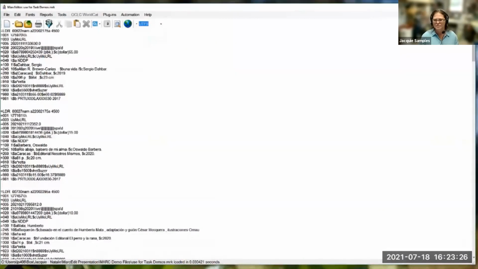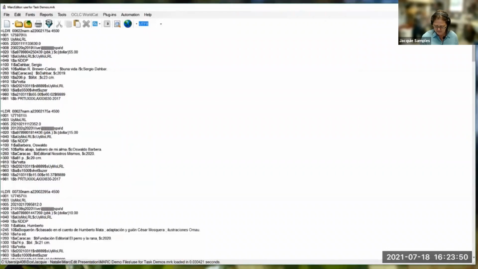a file from a vendor. You might have done some outsourcing for some titles, or maybe you downloaded a set of records from a provider, and you often get these files monthly or weekly, and you need to update them to work in your library's ILS and with your local workflows and data flows.